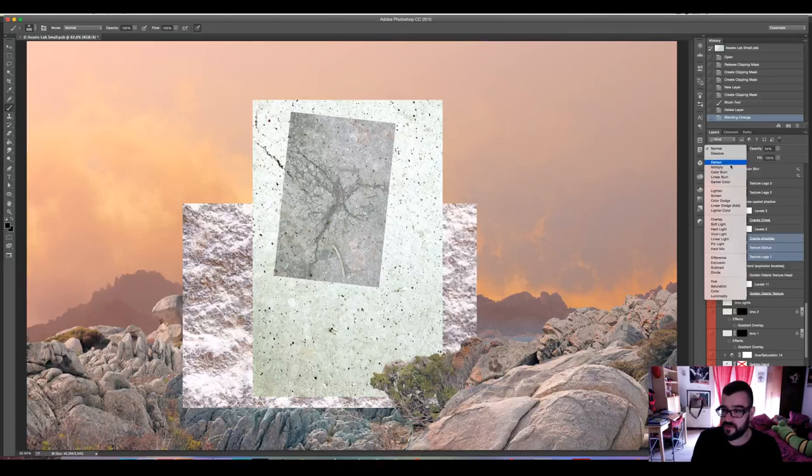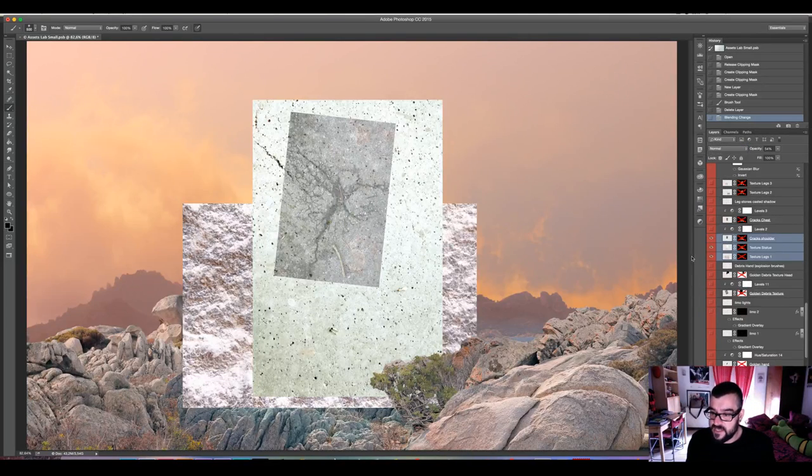This first group gets rid of the bright tones and makes the dark tones prevail, which is exactly the opposite of this second group, which keeps the bright tones and makes the dark tones disappear, and this third group, which makes a mixture. It gets rid of the middle tones and only leaves the dark and the bright tones. So, for example, let's see that overlay, it's like a mixture of the multiply and screen blending modes.